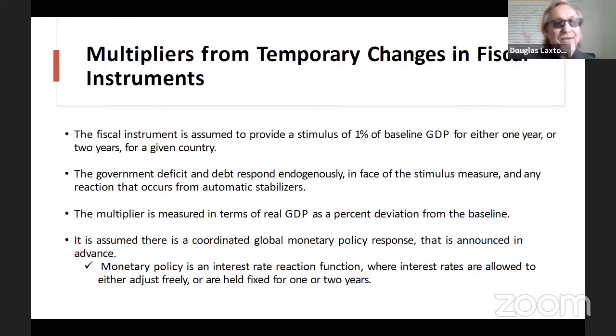You can find the results of this. We published it in the Journal of Monetary Economics using GIMF, which is the model we're actually using in real time to coordinate the fiscal expansion in the G20 to kind of save the world from potentially a Great Depression, I would argue. And so when you look at the multipliers, we do them both with financial accelerators and without. We show that when monetary policy accommodates,